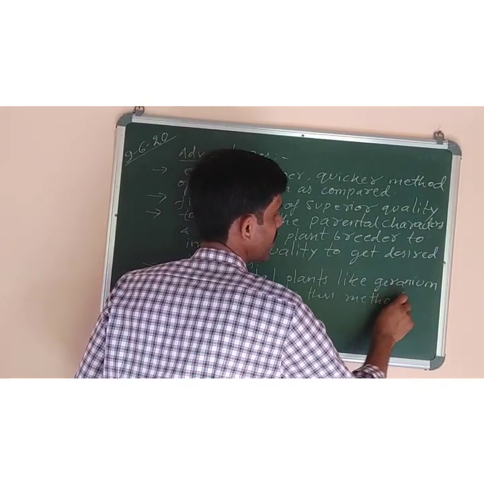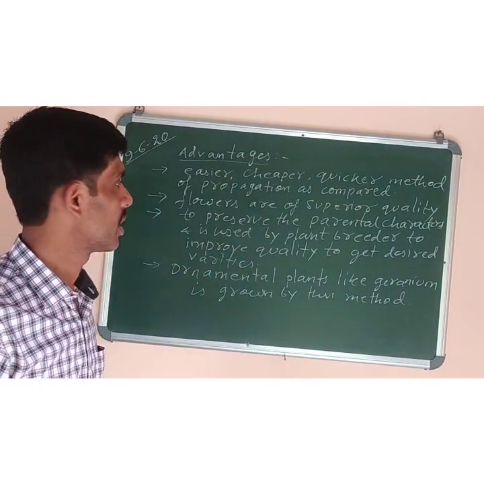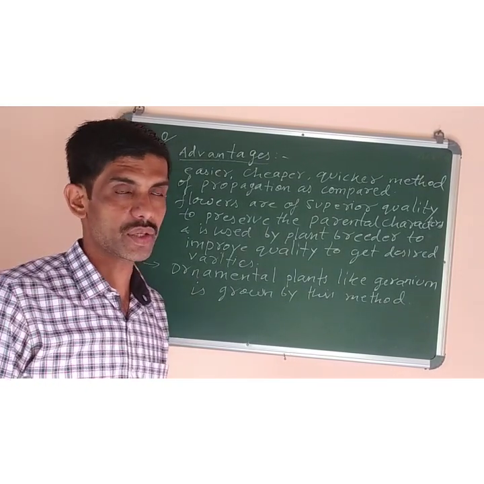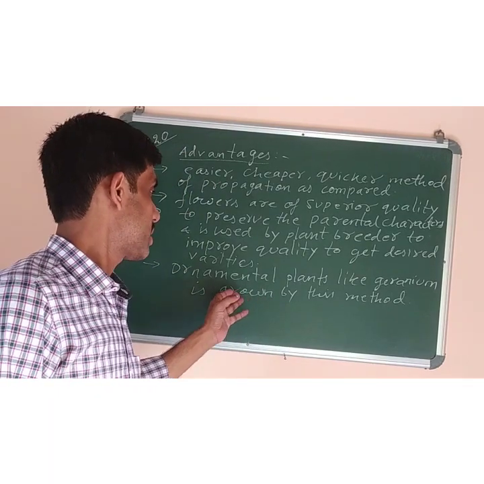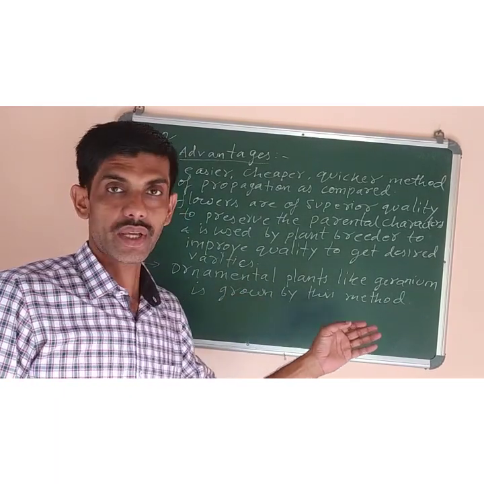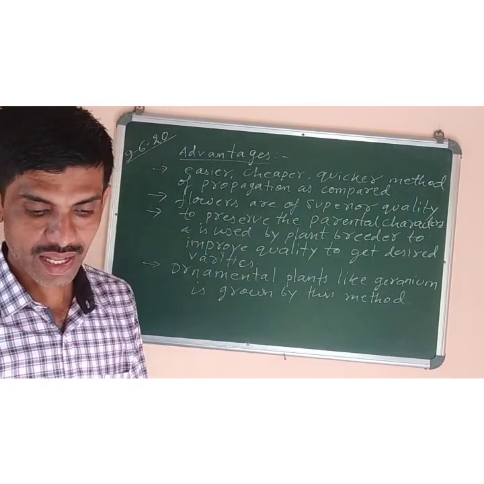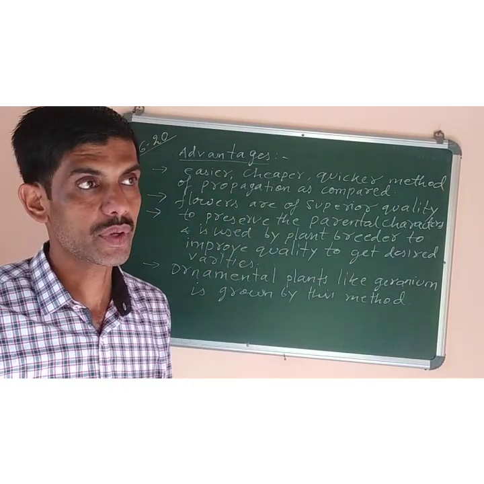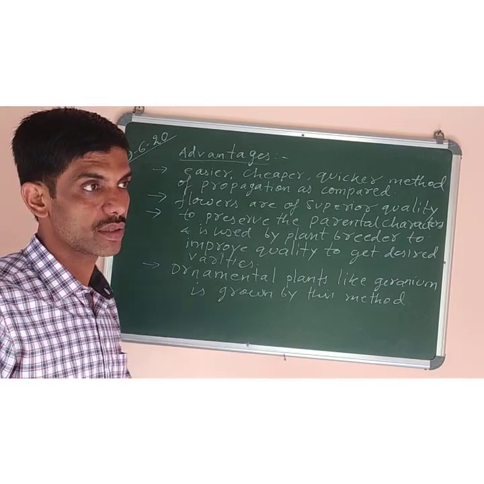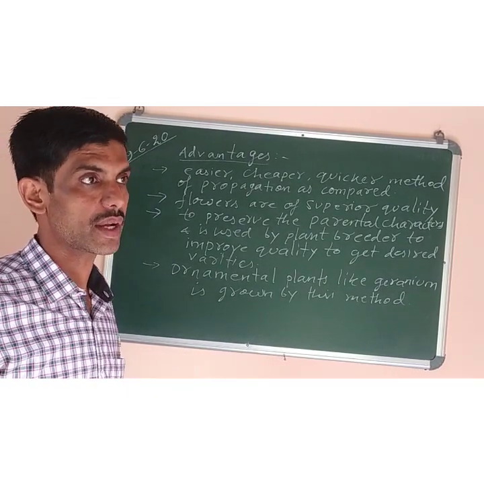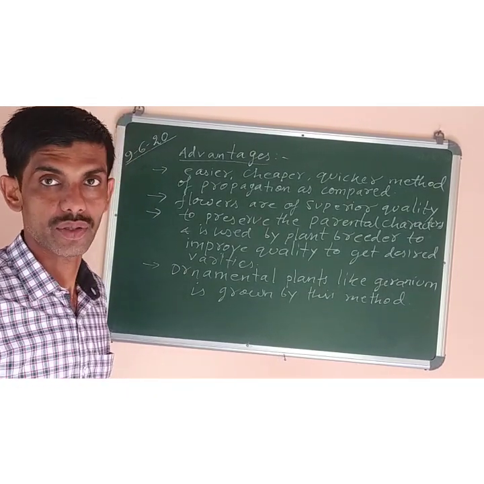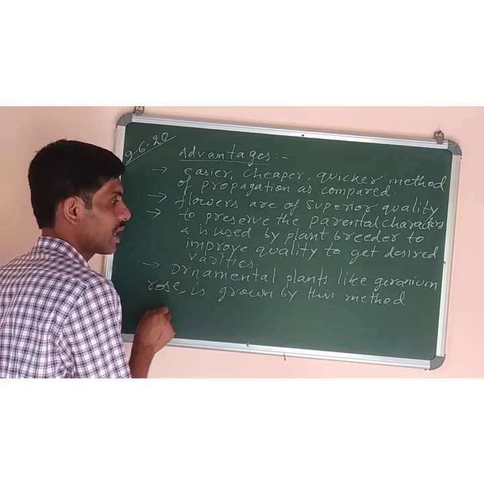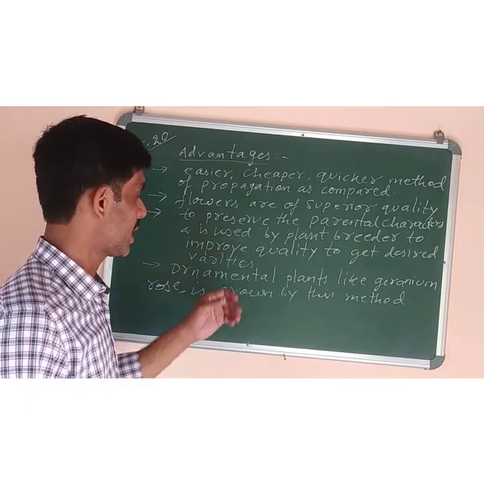Okay, now what are the disadvantages of vegetative propagation? These all we counted are the advantages of vegetative propagation. Geranium is there, some more ornamental plants are there which can be grown by this method. The plants like this one, rose, carnation also, rose plants. If you want to get the new and the better varieties, you have to do the grafting of that rose plant and you can get all the new varieties of rose plant. So rose also you can write, geranium is already there.